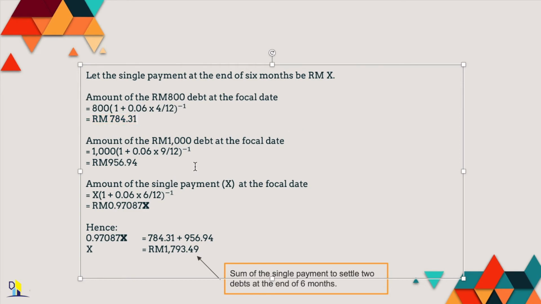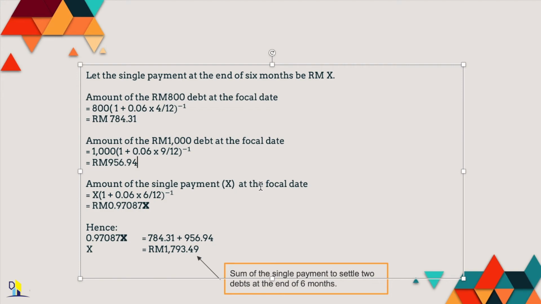Next, we want to look at our second debt. 1000 ringgit at the focal date, 1000 ringgit is due in 9 months, so all we got to do is change to 9/12, same interest rate 0.06, and we get 956 ringgit and 94 cents is what's due at the focal date. Now, to settle both these two debts, which is 784 ringgit 31 cents and 956 ringgit 94 cents,